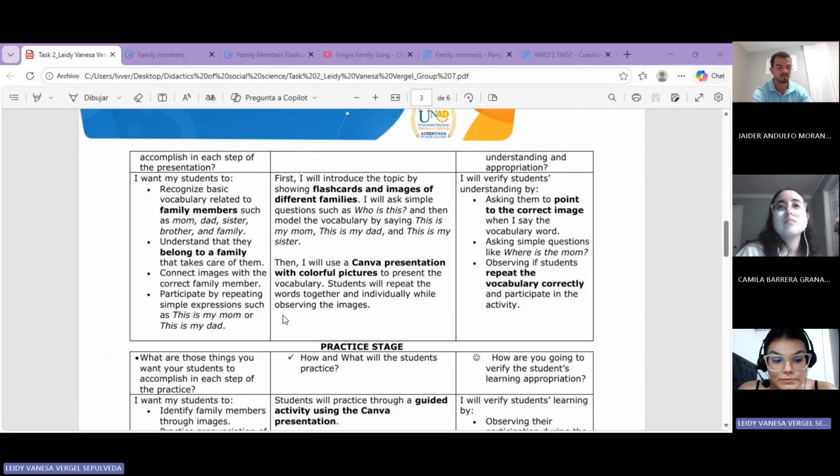In terms of objectives, students not only learn vocabulary, they also understand the concept of family, recognize their role in a social group, and use language to express personal ideas. This integration makes the lesson more meaningful because students are not learning in isolation, but as part of their reality.